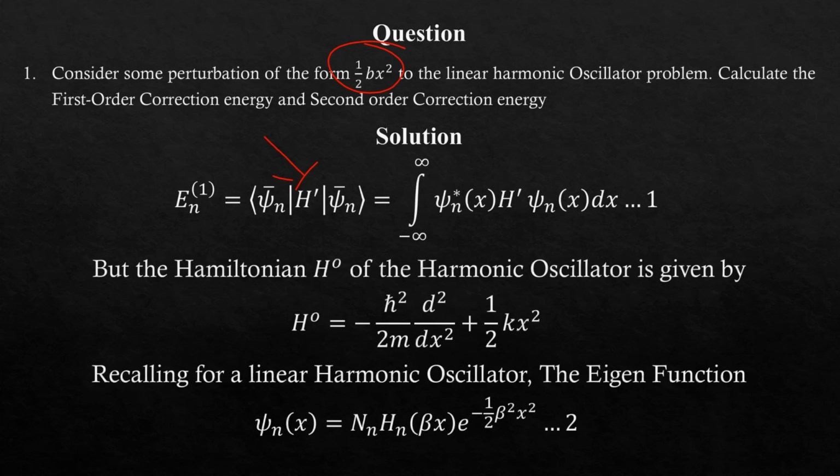We also need to note that the Hamiltonian of the harmonic oscillator gives us H0, which is this, and this also is our eigenfunction. We might not be using this eigenfunction expression in this context, because we want to avoid using so many integrals. So going back to our first order